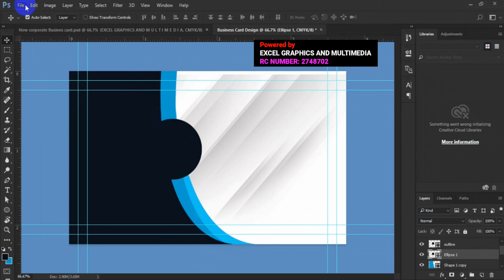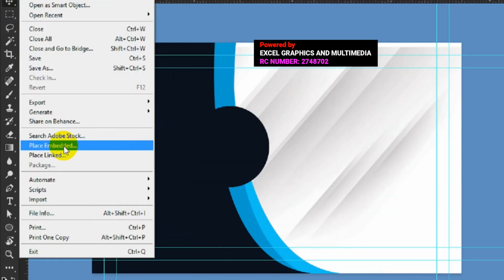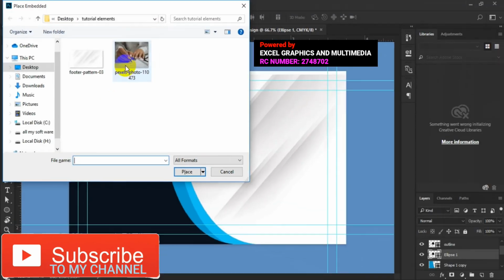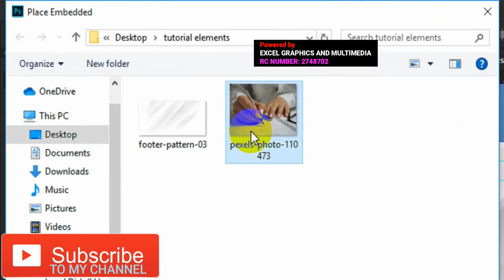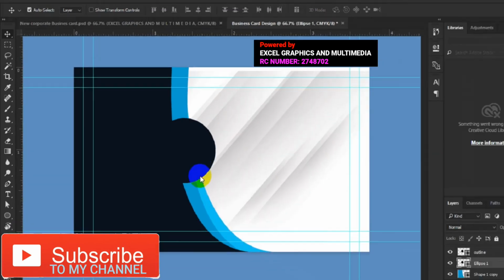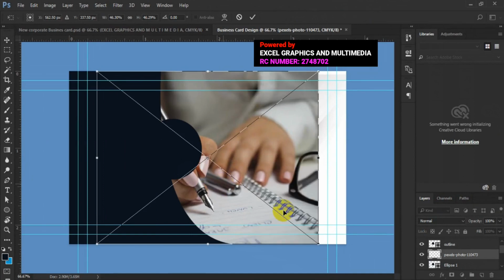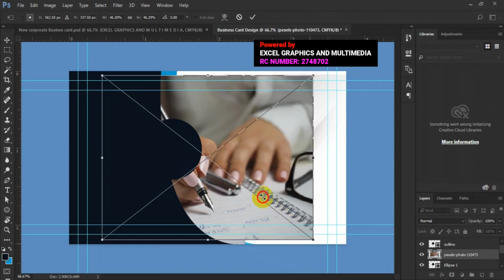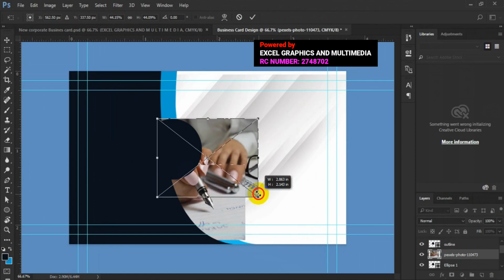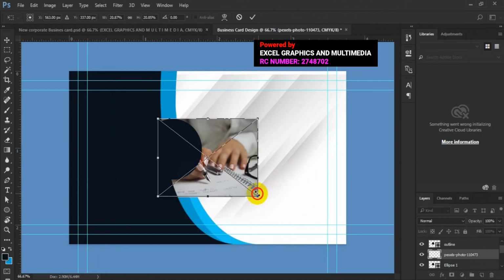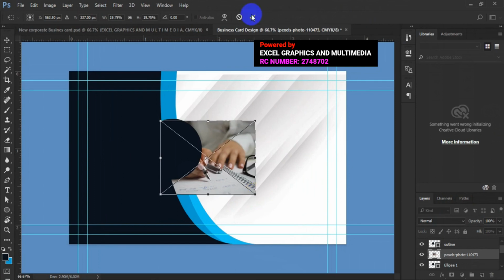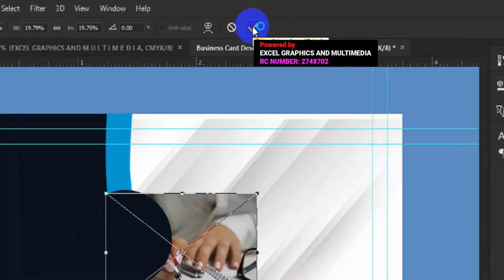then go to File, look for Place Embedded. Then this is the stock photo I make use of. So once you pick your photo, click on Place. All right. So from this point here, you can resize your image. Okay. So once you are done with the size, at this menu bar here, you can click on this check